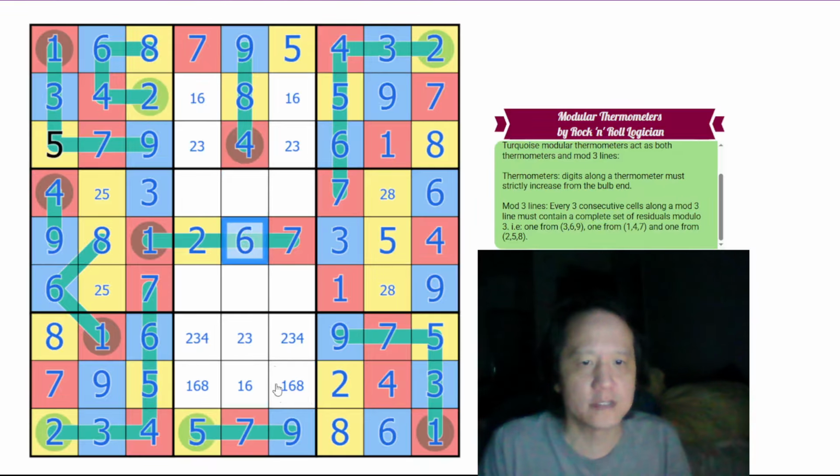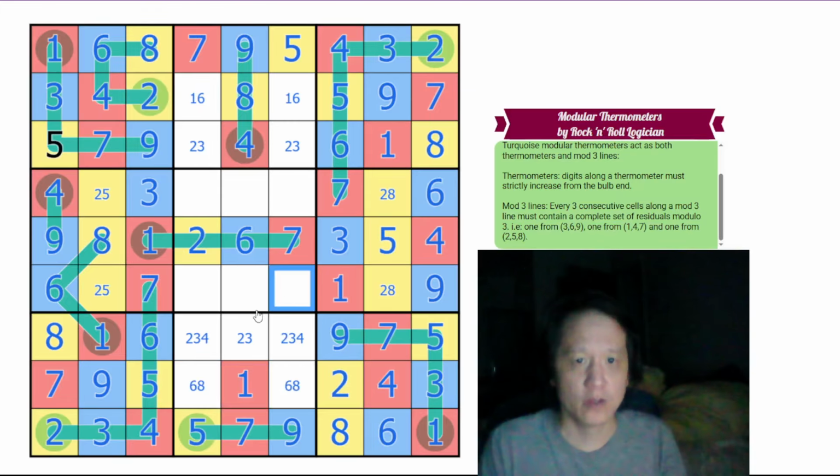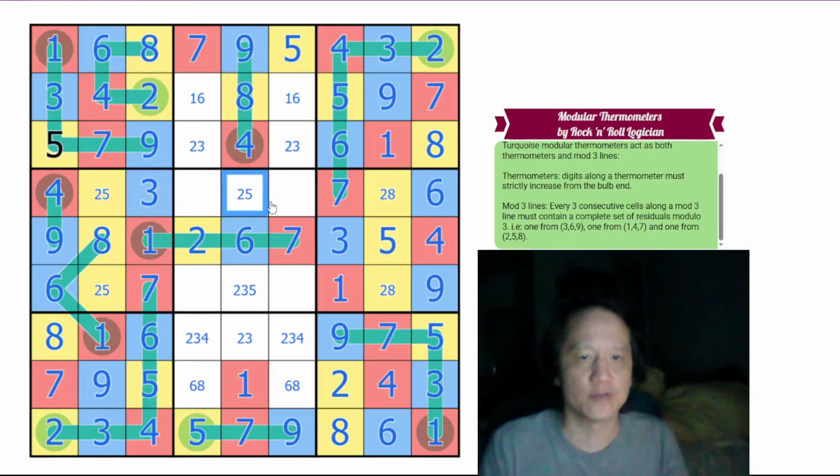This 6 eliminates 6 here, so it's 1. So this can't be 1 here or here. This is a red. Remaining digits in column 5 are 2, 3, and 5. This can't be 3 because of the 3 in the row, so this must be yellow and 2 and 5. We have a 2, 5, 2, 5 pair in row 4, which eliminates 2 and 5 in the rest of